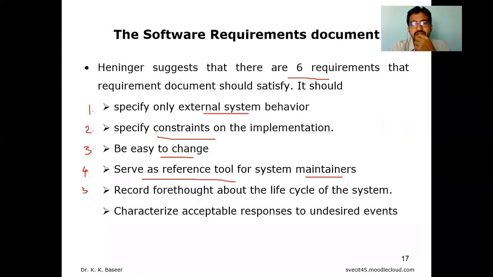The fifth requirement the software requirement documentation has to satisfy is that it requires forethought about the life cycle of the system. Required forethought means how the flow will go. Any sort of things you are going to add, what the roles of each user are, how the cost will vary, what type of hardware requirement you have used, all such things are neatly recorded in this document. So throughout the life cycle of the system, throughout the development of the project, all things you have taken care of have to be added or recorded here.